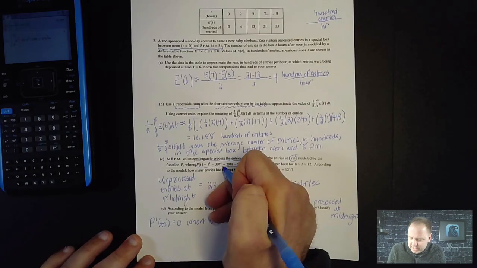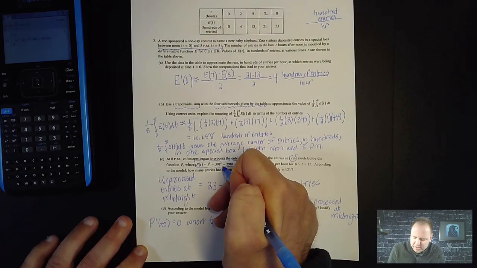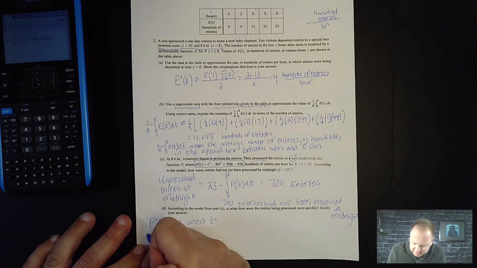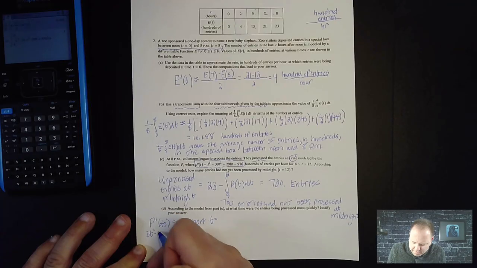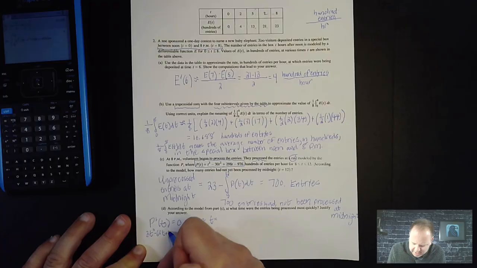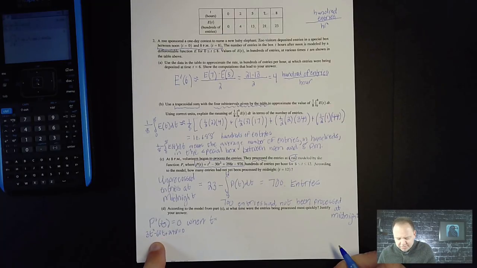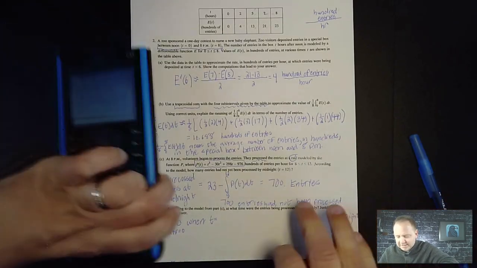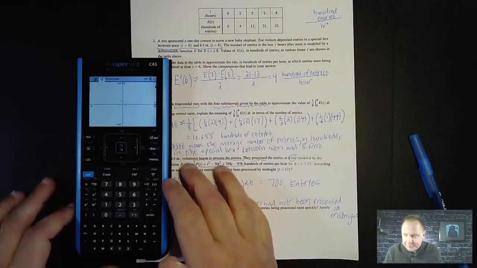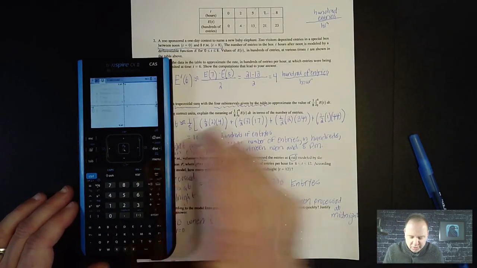But look, this is a pretty easy cubic to take a derivative of, because I want to look at this graph. You'll see why. I want 3t squared minus 60t plus 298. Just do a quick double check. 3t squared minus 60t plus that. I want to know when that's equal to 0. So let's go to my graph. Now watch what I do here. So we're going to go menu,